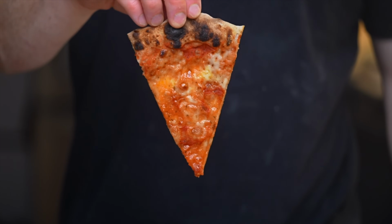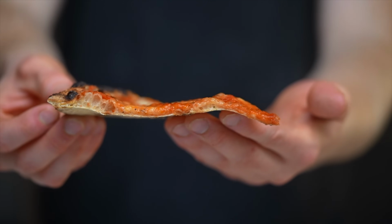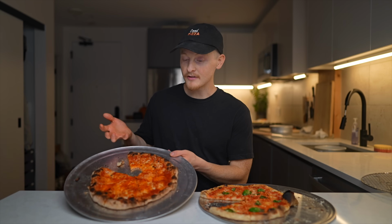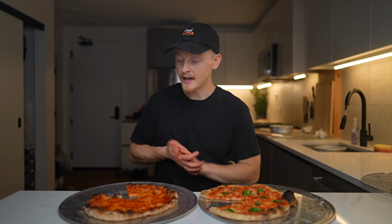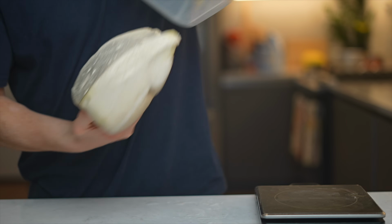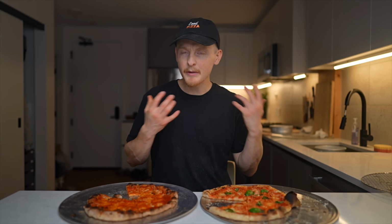I honestly thought we were gonna end up with some sort of abomination, just trying to use the cheapest ingredients possible. If any of my local pizzerias sold something like this, I would buy this any day. And I think it just goes to show that really the process itself is way more important than the actual recipe you use. Obviously high quality ingredients are important, but you can absolutely bake a great pizza even